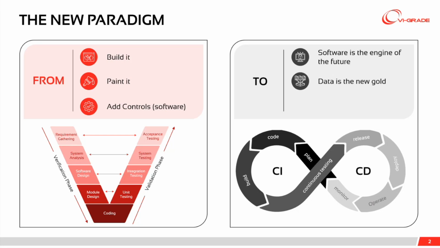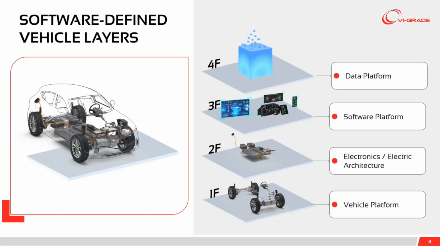In order to realize a software-defined vehicle, we now have to also think about different vehicle layers. The basic idea is, and I think most of you are familiar with this, so sorry if I repeat the obvious again: on the lowest floor, there is the classical vehicle platform, how we know vehicles over decades. Then on the second floor,